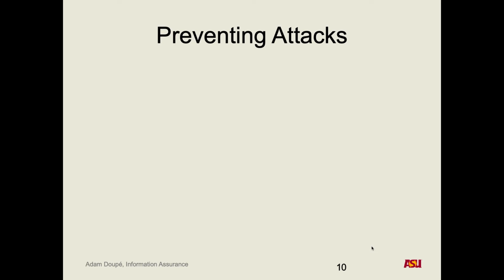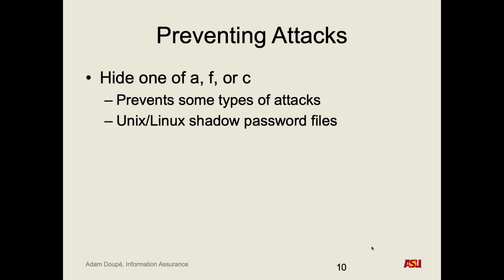What else? We talked about this a little bit, but maybe we can try to hide some information. We can try to hide the authentication information. We can hide the function that we're using. We can hide the complementary information. So we talked about this on UNIX, where we looked at how passwords and hashes are done, but where are passwords actually stored on a UNIX system?